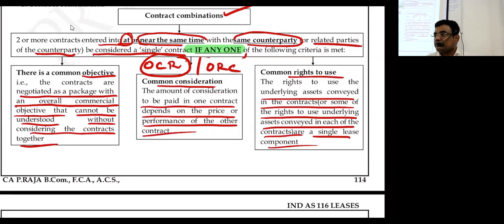I have given a contract to another vendor to provide a computer, to provide one printer, to provide an AC, a portable AC. Now, should I combine together? No. AC is a different objective. Yes or no? I should not combine. I hope it's clear now. Clear or not? Yes, sir.